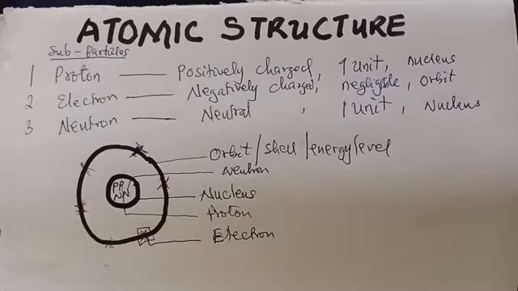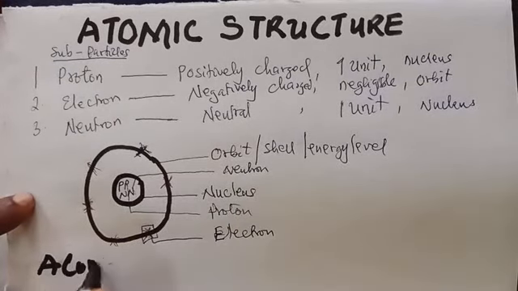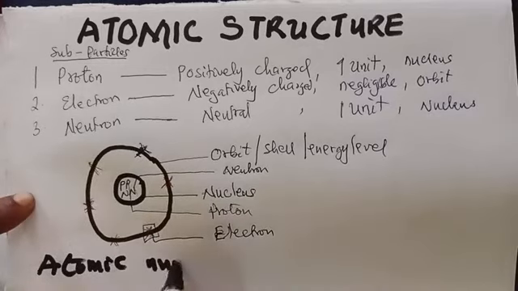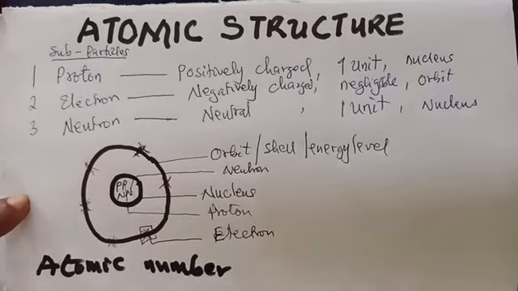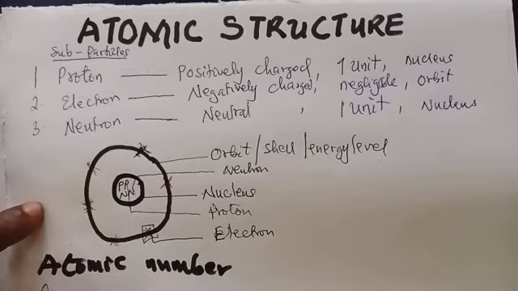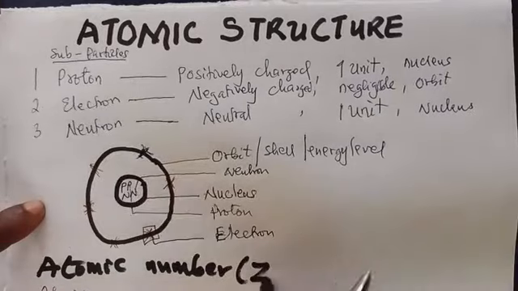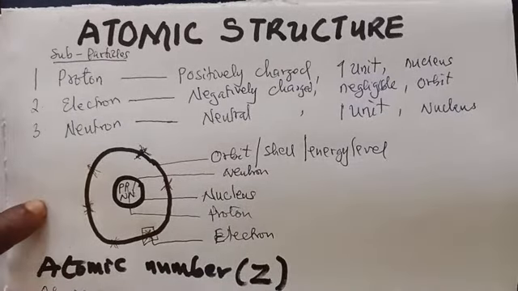Now, in a neutral atom, the number of protons is always equal to the number of electrons. All right. Before we can understand that concept, let's look at the concept of atomic number. What is atomic number? Simply, atomic number, which is denoted by letter Z,